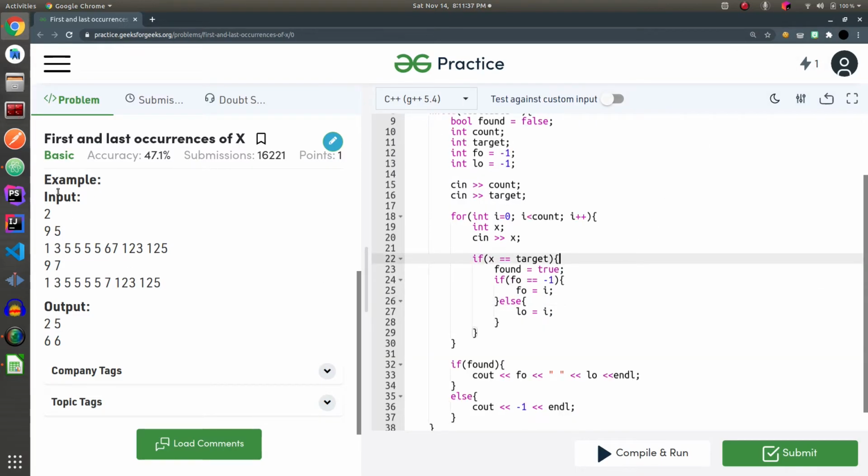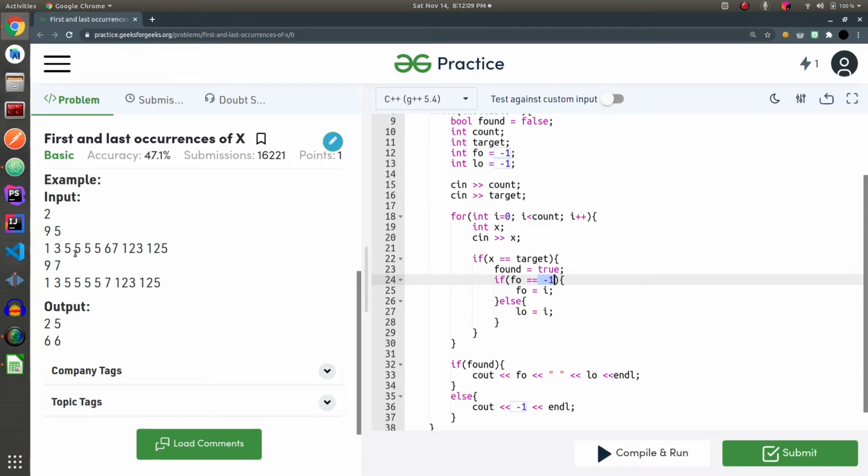So if we consider this example and look at this array, when the control reaches this point, it's going to get inside this block if x is equal to target and if fo is equal to -1, which is true. So the value of the index, which is 2, will be set to fo, right?